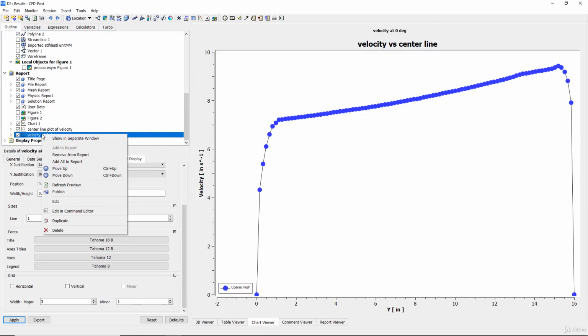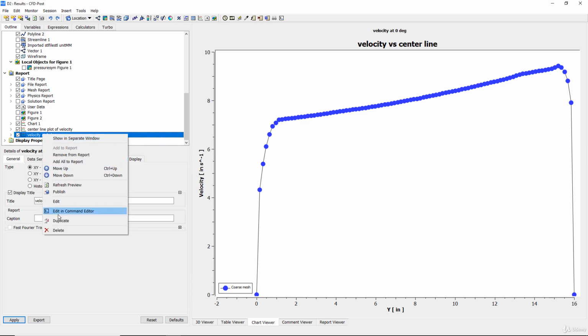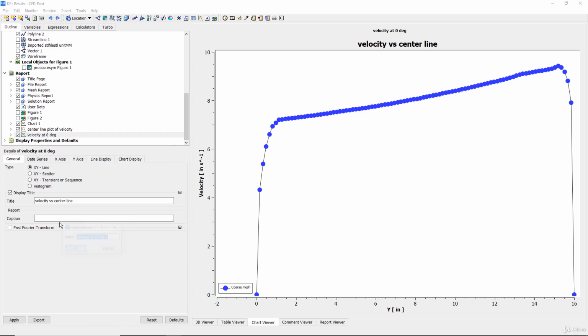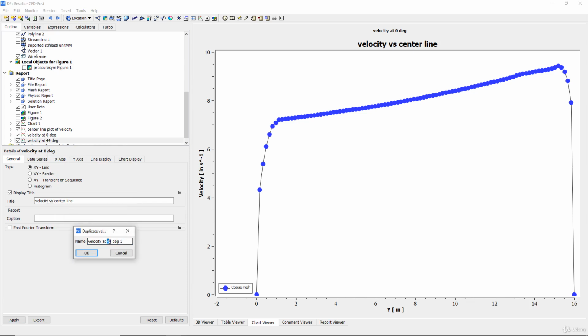And now let's say I want to copy this file, duplicate, and put the name as 44 degrees. Our second thing is that you can also have all these lines in a single plot. And I will be doing these things multiple times. So let's say right now I'm going to create another plot at 44 degrees, and the third one at 90 degrees. So duplicate this file. So 90 degrees,